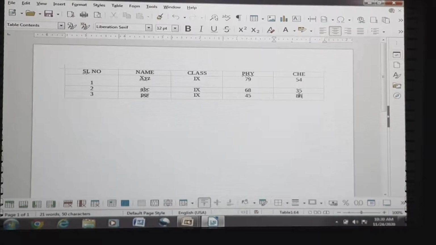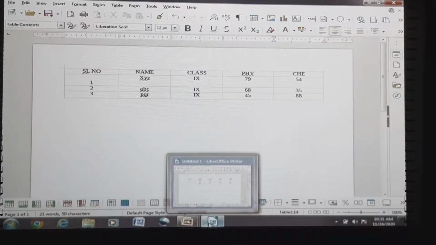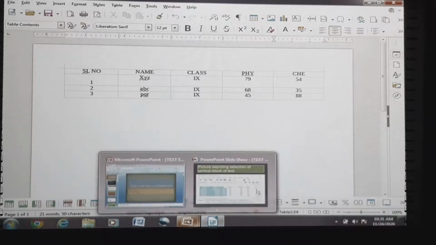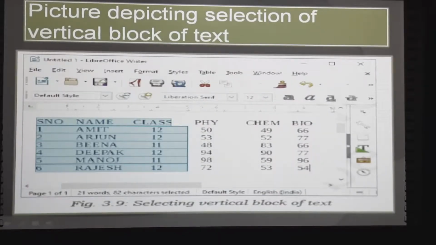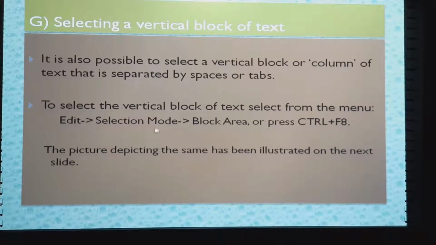In front of you, a table has been generated by means of LibreOffice Writer. Now here, in order to select the vertical block of text, we were discussing the selection of vertical block of text. So go to Edit, Selection Mode and Block Area.